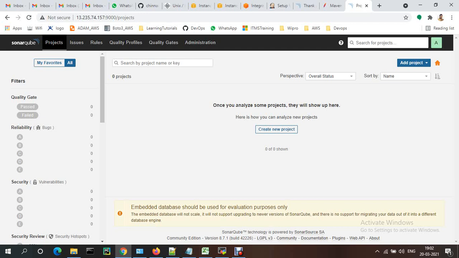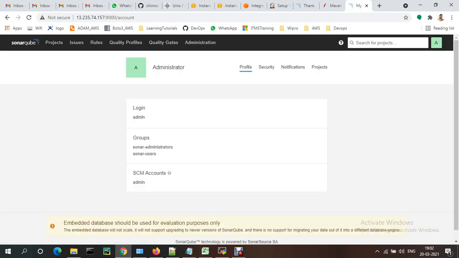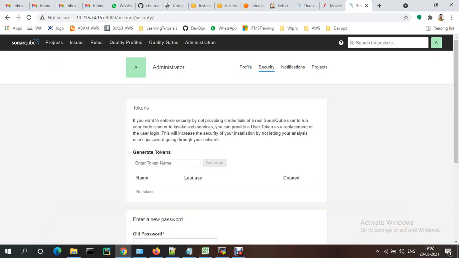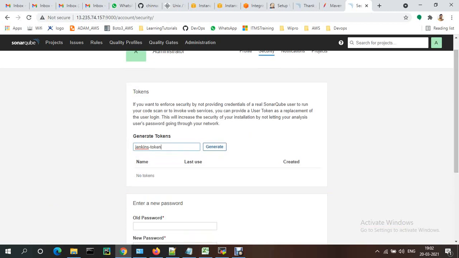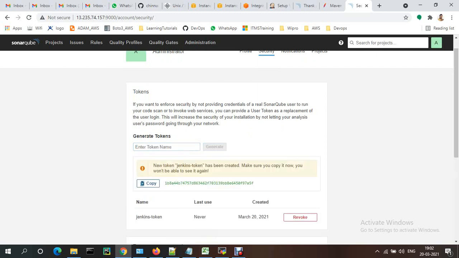So for that one, I'm going to My Account, Security. Under Security, I'm creating a token, Jenkins token. This token we need to give, then only it will be communicating. Okay, I'm just copying this token,